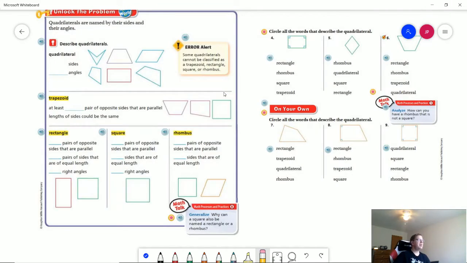This is going to be a video for upcoming third graders, and this is the last video of this set of summer videos. Today we're going to look at how to identify or describe four-sided shapes, quadrilaterals, or three-sided shapes, triangles. And so we'll start with our quadrilaterals, and all of our quadrilaterals are going to have four sides and